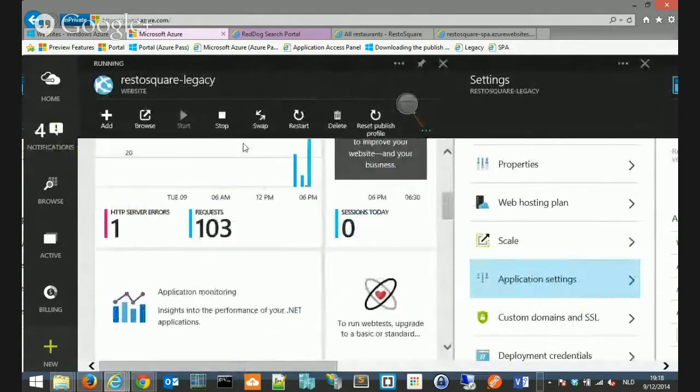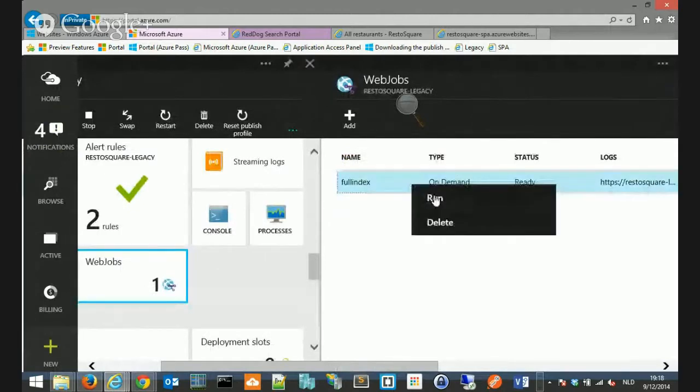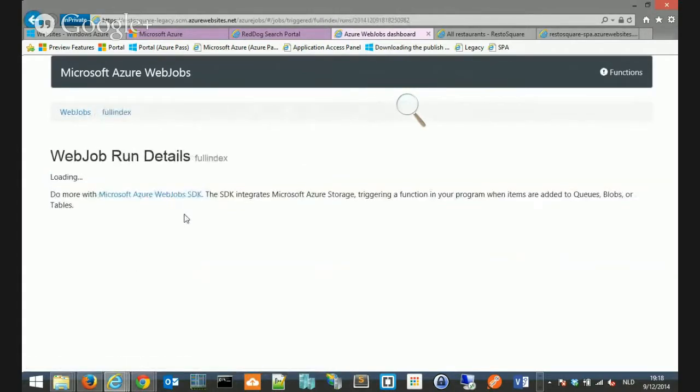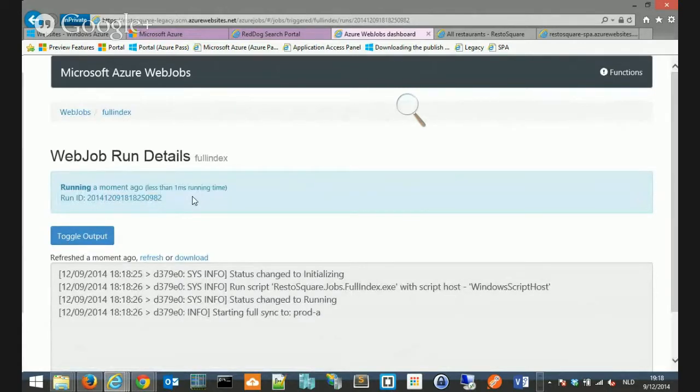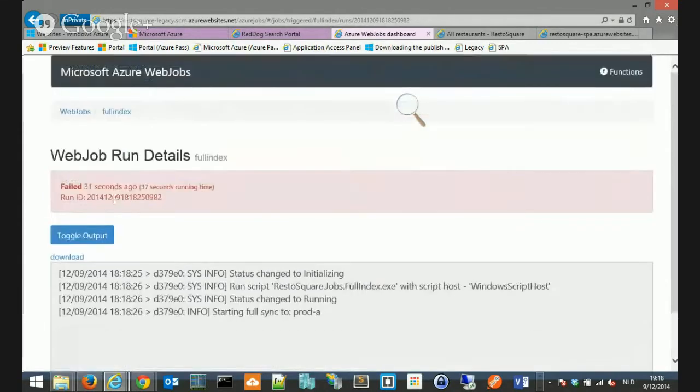Okay, so if I start this web job, we should see some activity. Let's run it and look at the logs. And we'll see that the web job will start getting data from the database if I didn't break anything. Let's wait a little bit for the first results. And I think at the moment what we're experiencing is a slowness of our ORM. Oh, it actually failed